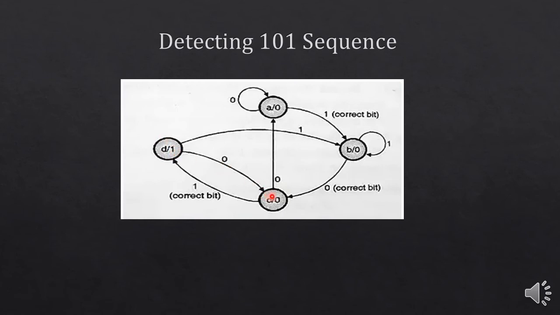If the input was 0, it will move to this state. When the sequence was detected, as we are using the overlapping condition, if the input is 0, it will move to this state and if the input is 1, it will move to this state, and the same procedure will repeat for detecting the sequence. This is how you construct the state machine. Next you have to fill its state table. After filling its state table, you have to find the equations using the K-map and after that you have to draw its circuit.